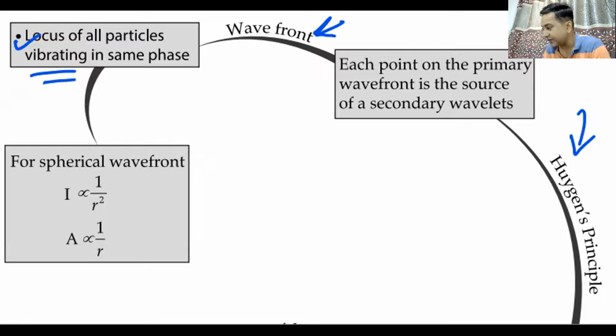Can you note it down? Whenever a wave is traveling, we have found out the superposition. We have drawn wave fronts like this. These wave fronts are nothing but locus of all particles which are in the same phase. Remember, for a spherical wave front, the intensity is inversely proportional to r square, or the amplitude is inversely proportional